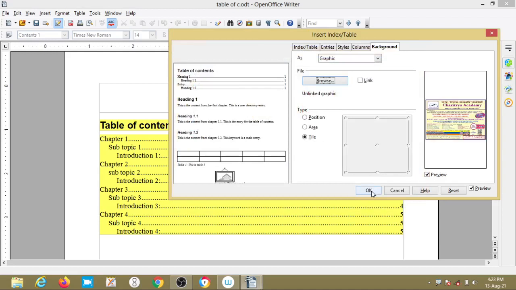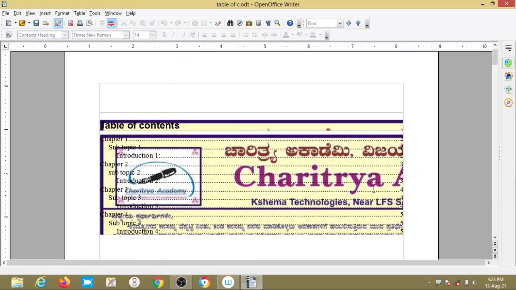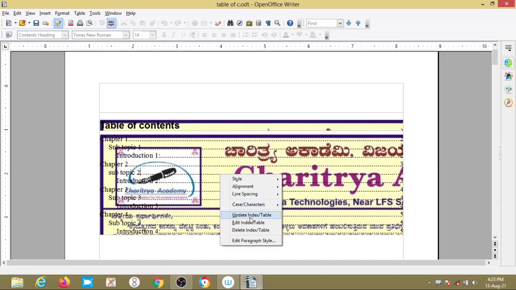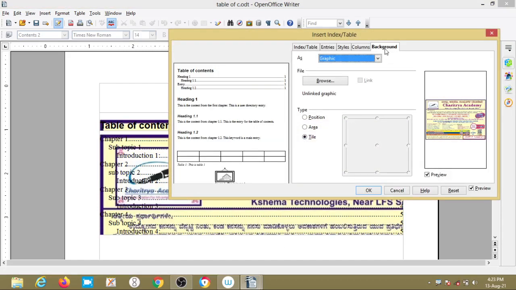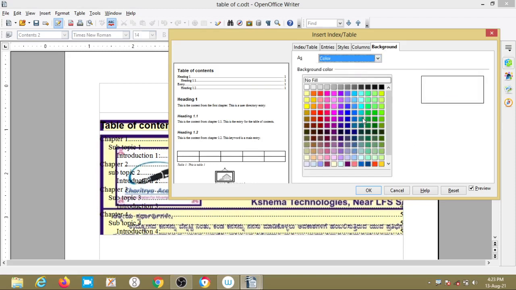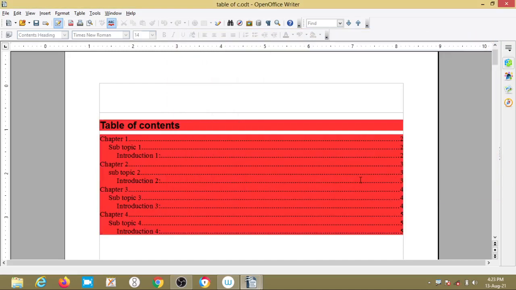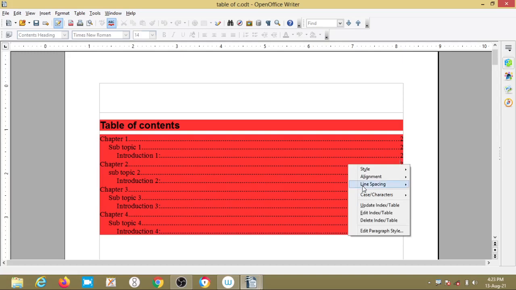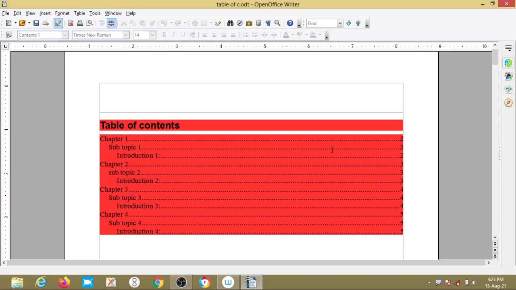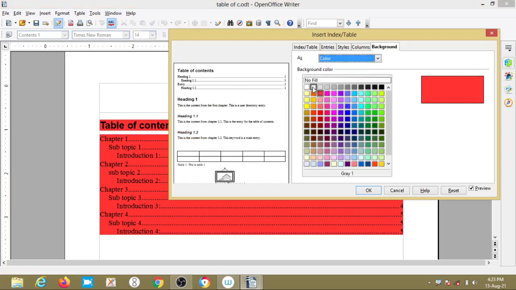So I think this is also red, right? I'll see the red color, what will happen. Gray color I have given, okay.